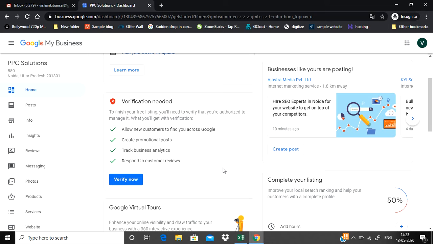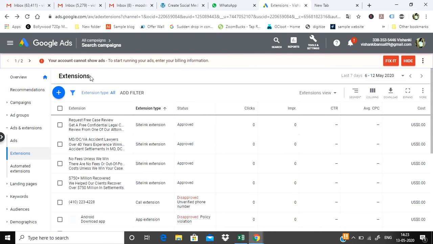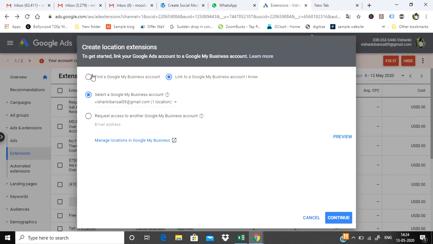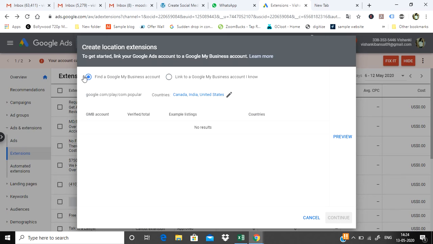Now see how we can use this location in our location extension. Go to Google Ads, click on Ads and Extensions, click on Location Extension. Now find a Google My Business account or link to a Google Business account.